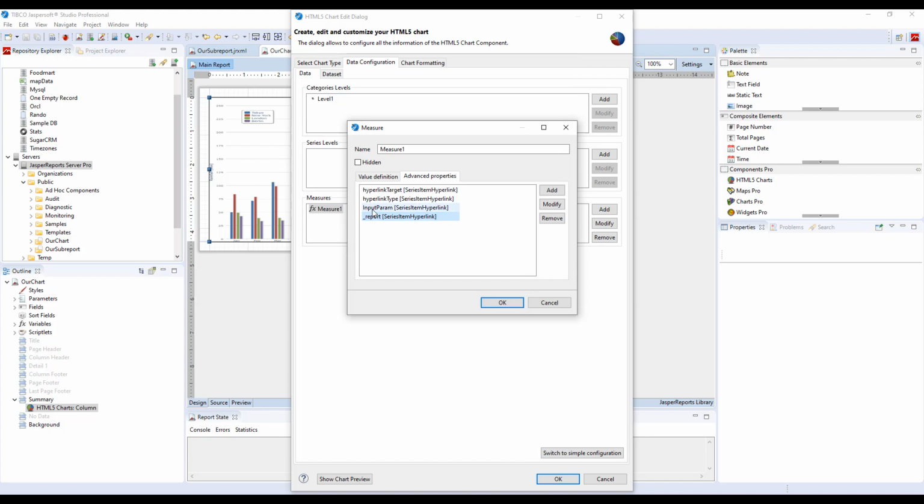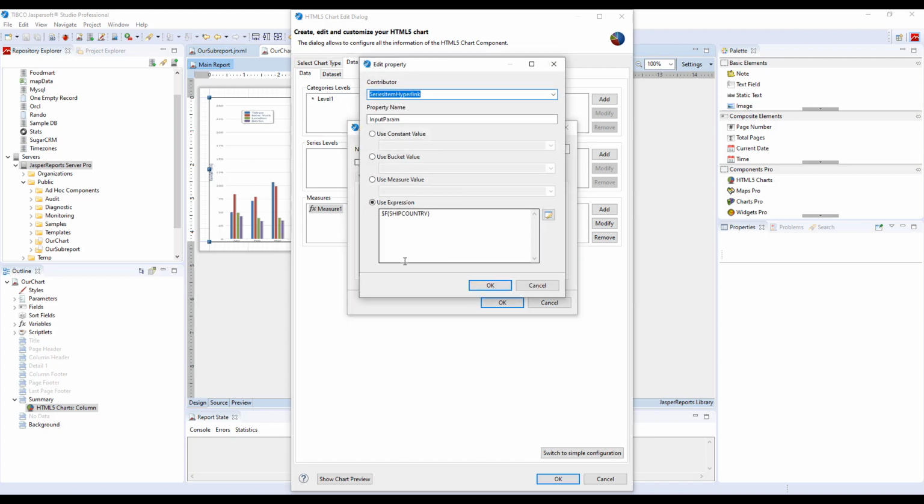This input param advanced property, though, is using an expression of $F{ship country}, and it represents the input control ID to which we want to feed the value using the series item hyperlink contributor. You can specify any parameter name in the target report here through the property name. As you can see, this property is using the expression $F{ship country}, and this is exactly where the problem lies. From the previous video, if you remember, these expressions are evaluated not as the chart is